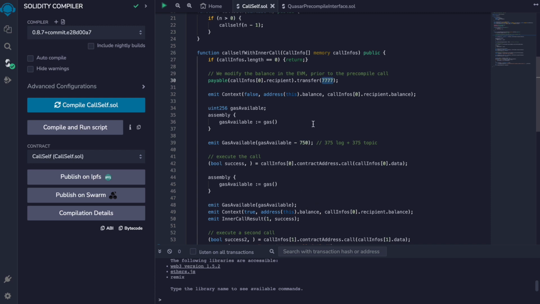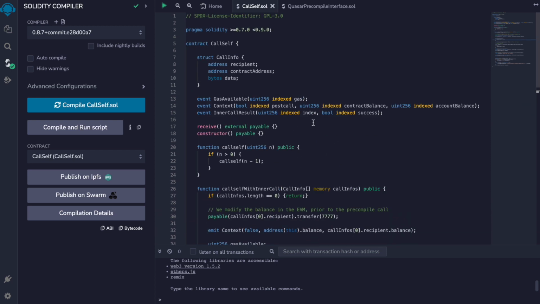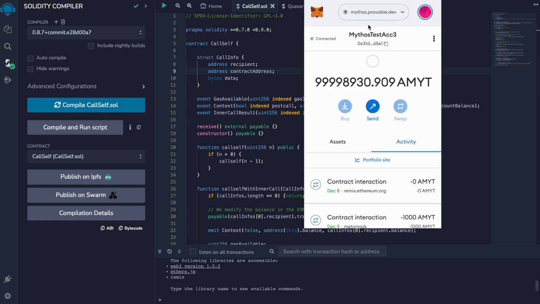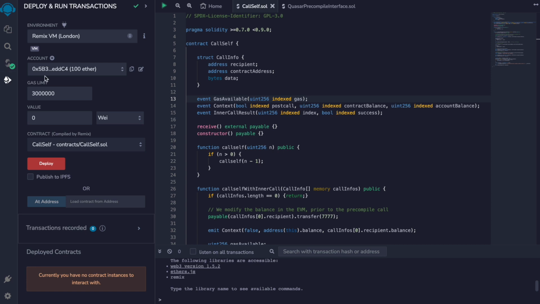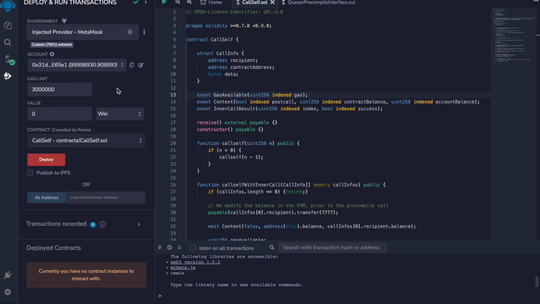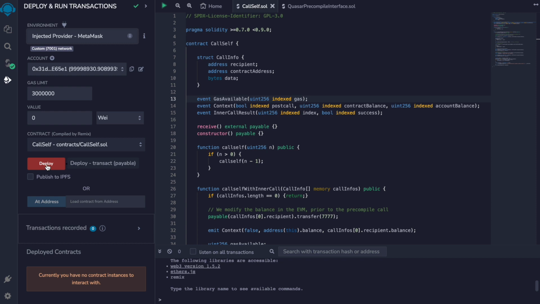And this means we should see that this balance is also added and accounted for in the balance log after the precompile. So what we are going to do now is we are connected to the Mythos blockchain, and we are going to deploy this contract. The Mythos blockchain has chain ID of 7001, and we are deploying.